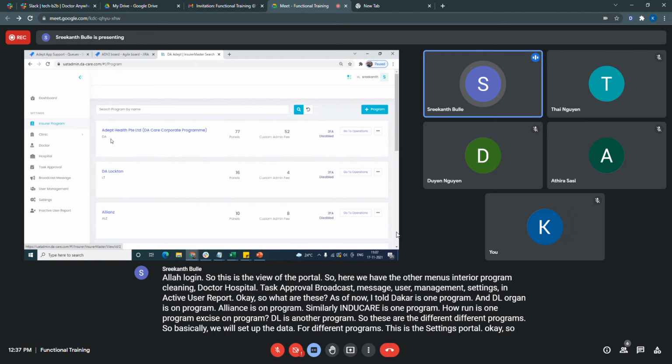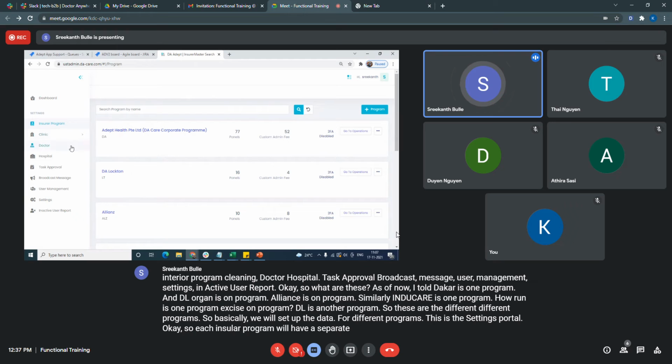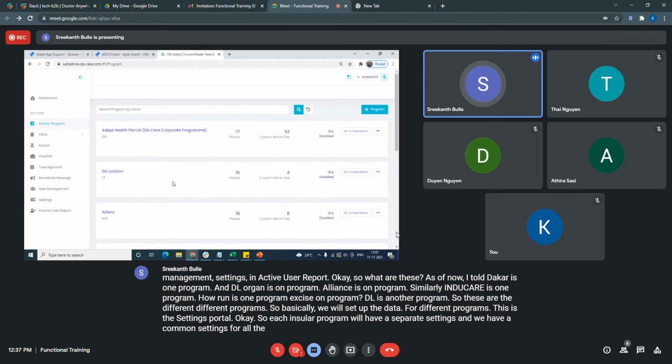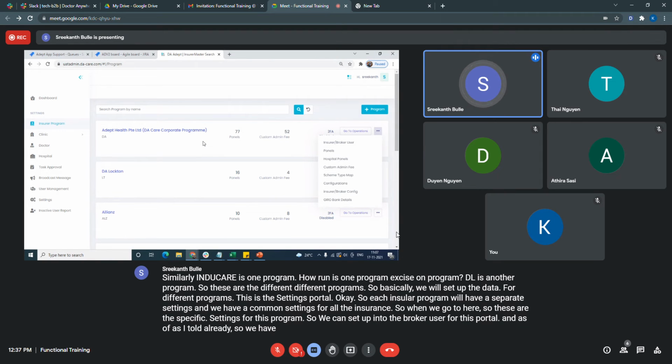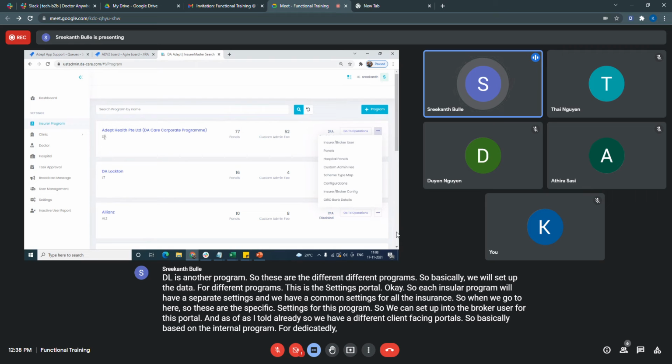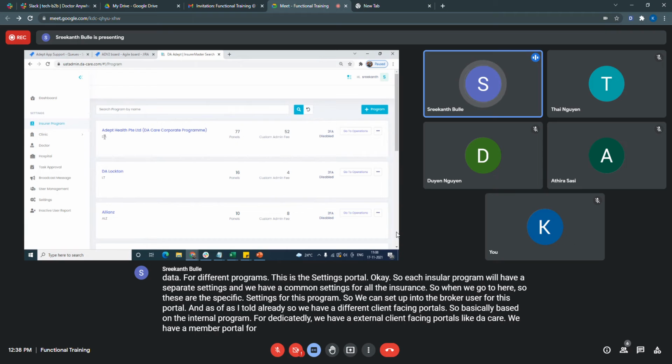Okay, so each insurer program will have separate settings, and we have common settings for all the insurers. So when we go here, these are the specific settings for this program. So we can set up insurer broker users for this portal. And as I told already, we have different client facing portals. So based on the insurer program, we have dedicated external client facing portals like DA Care. We have a member portal for DA Care dedicatedly.